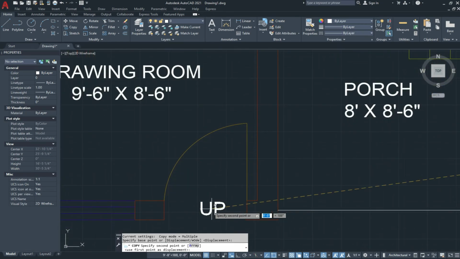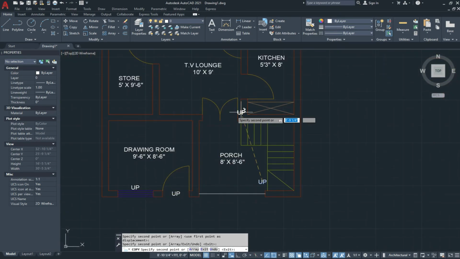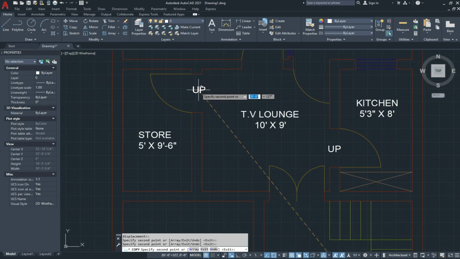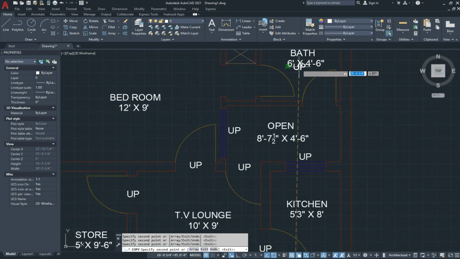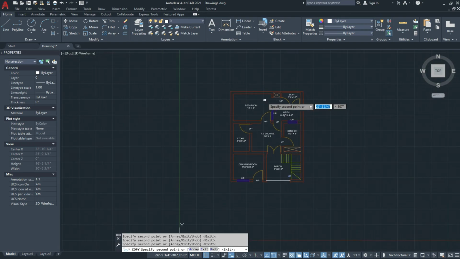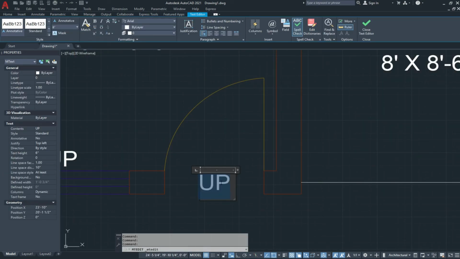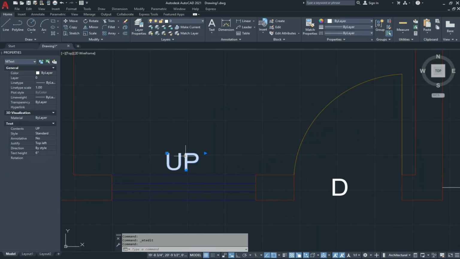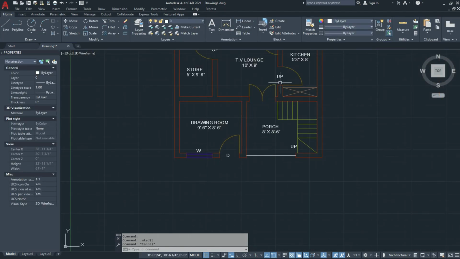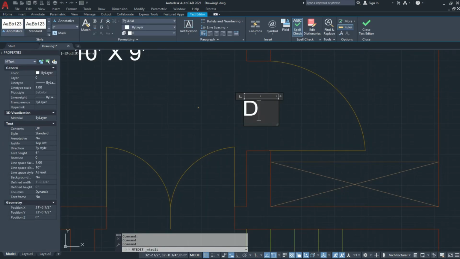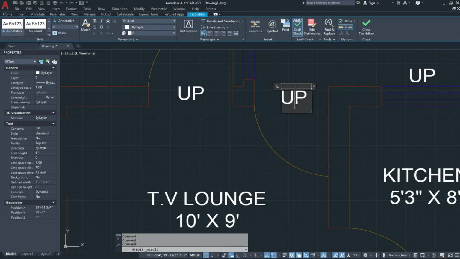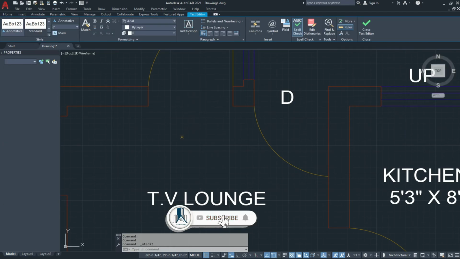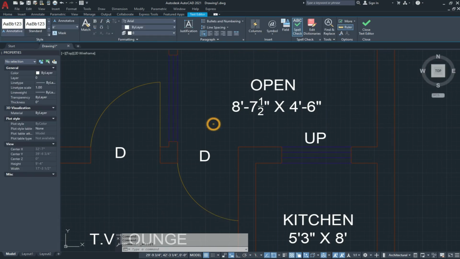Copy it and type D, and for window you type W. Double click and type W for window.